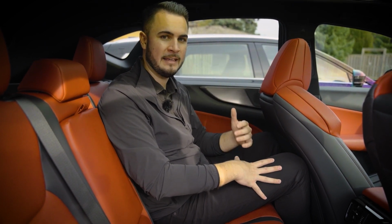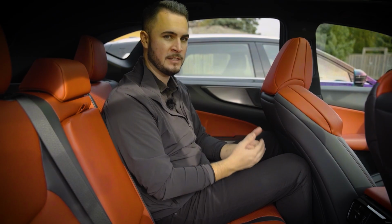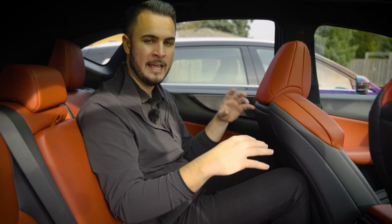the Signia, and that's why I think it's more of that wagony feel, because it definitely feels a bit longer than this vehicle. It might not be as tall as the NX350, but I definitely sit a little bit higher up here, and I like the actual feel of where I'm sitting in the Signia a